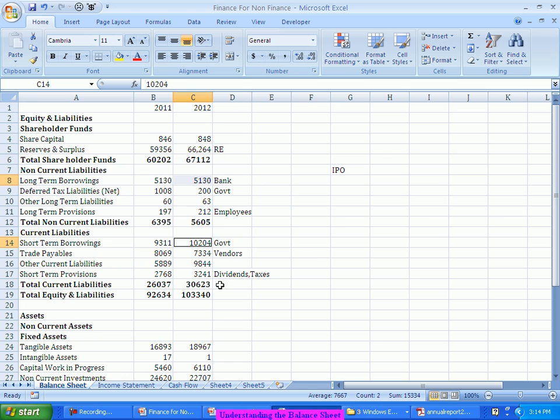Our total liabilities is around 3,622 crores. The owner's contribution is around 6,700 crores in the company, whereas all other guys' contribution,